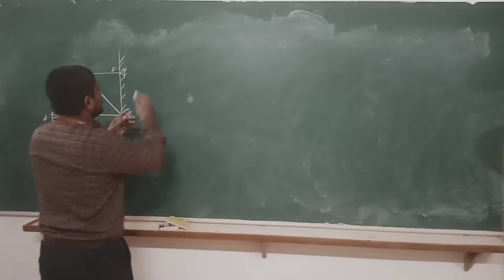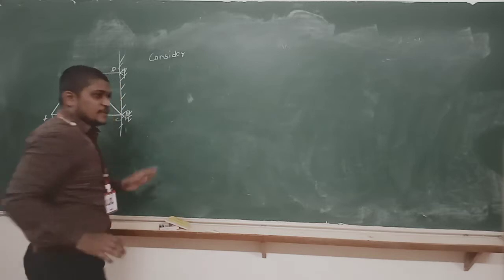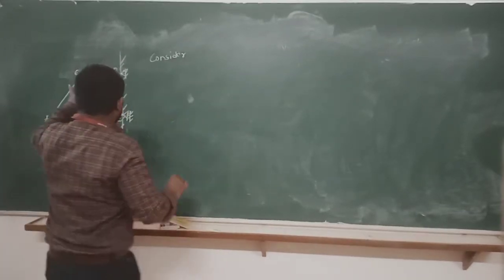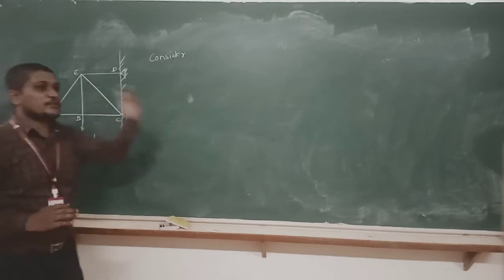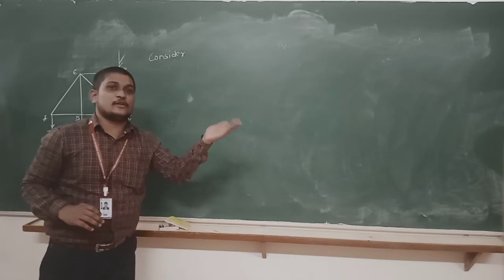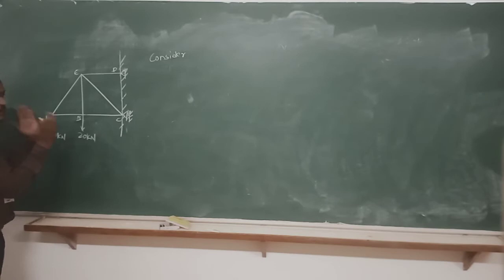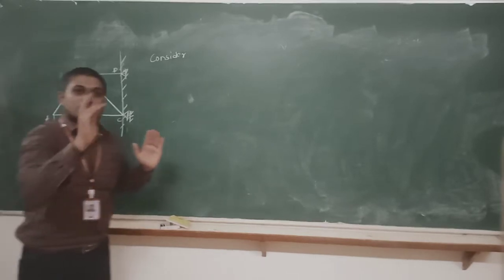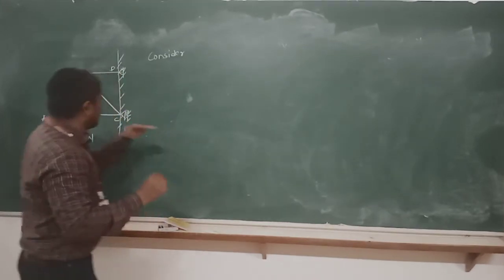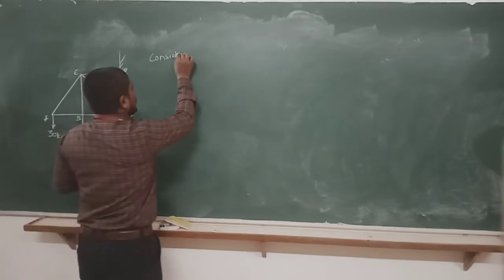Now what we have to do is consider the same procedure, nothing changes there. Only we have to take the real structure here. In the previous video we had taken the imaginary structure where the imaginary load is acting. The structure looks the same, only the real loads are not there, only the imaginary load is there, which we have considered as 1 kN. Due to the application of that 1 kN, we have calculated all the member forces by using the method of joints.